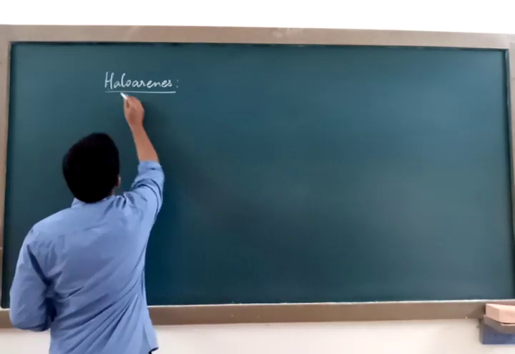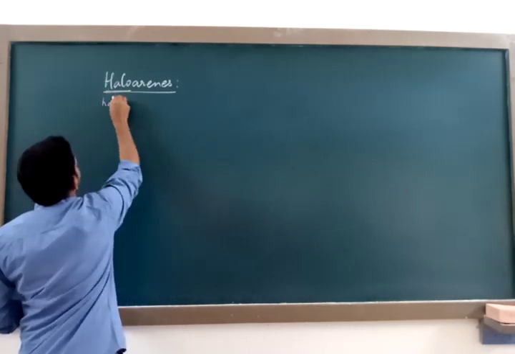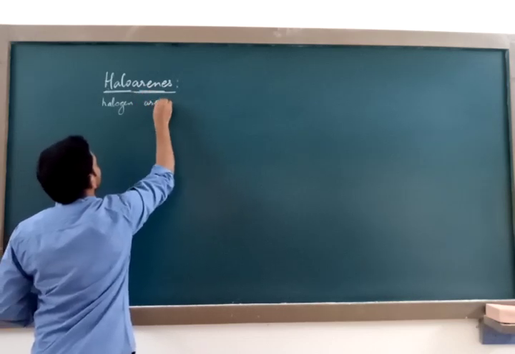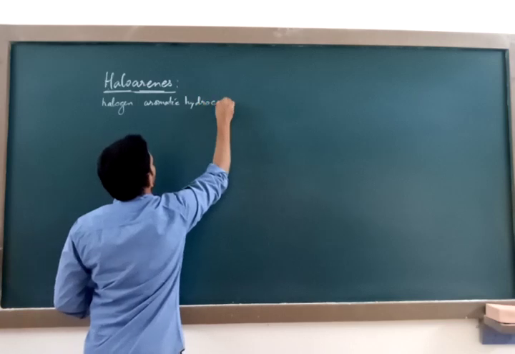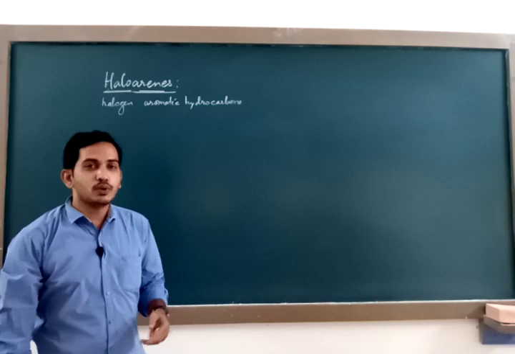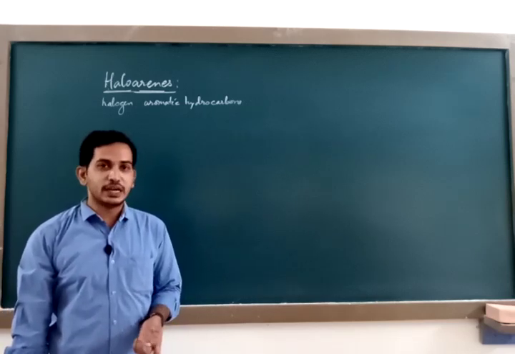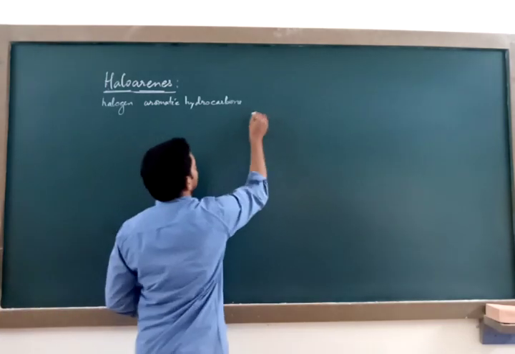In the word haloarenes, halo stands for halogen and arene stands for aromatic hydrocarbons. Therefore, haloarenes are the organic compounds in which one or more hydrogen atoms of the aromatic hydrocarbons are replaced by halogens. Like example,